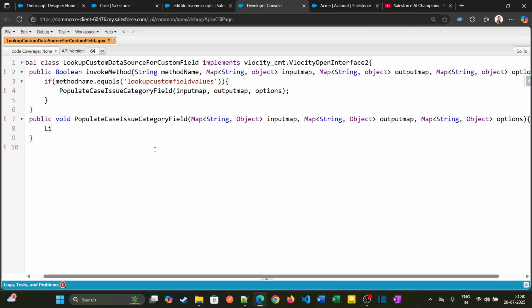And I'm just declaring a map of string, list of map string comma string. So issue category list, new list of map,